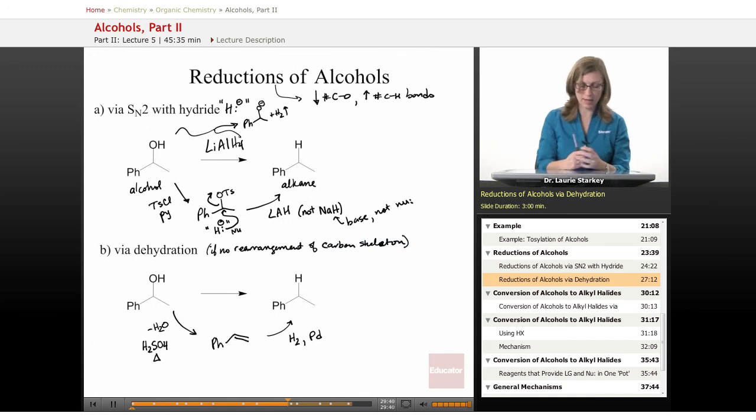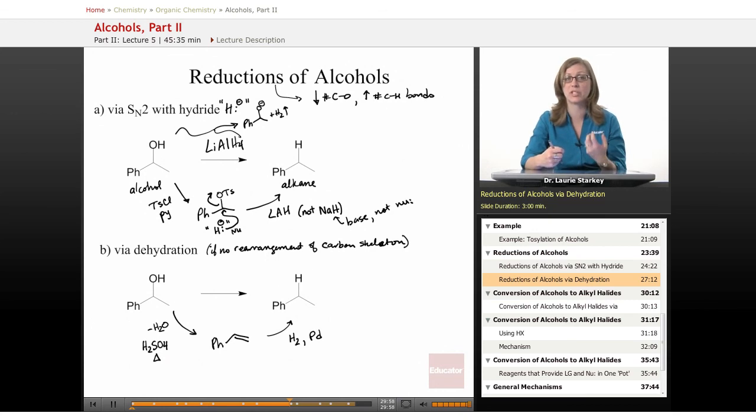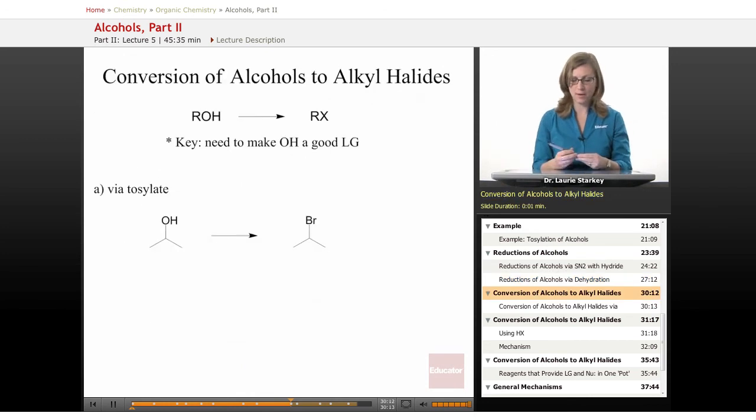If that's the case, then dehydration followed by reduction is another great way to do the transformation. As you can see, there's no one magic reagent that's going to reduce an OH and replace it with a hydrogen. We have to do some kind of multi-step transformation, either turning it into a good leaving group or getting rid of the oxygen first as a molecule of water, and then doing a complete reduction of both of these carbons via catalytic hydrogenation. Another